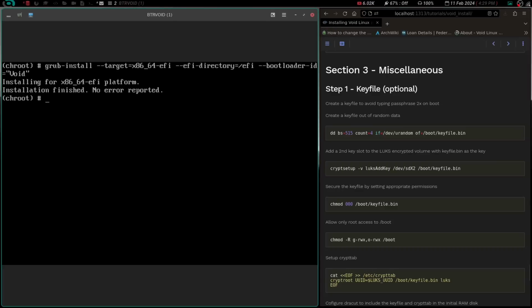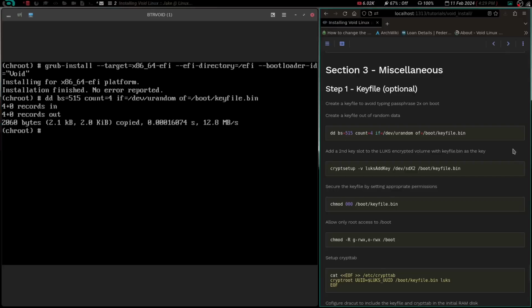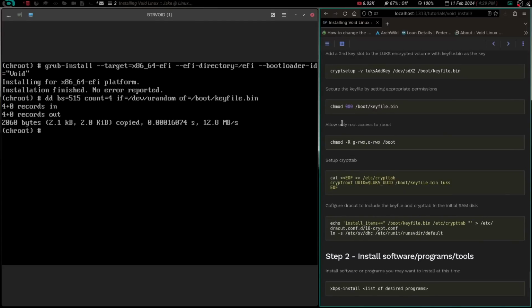So what we're going to do is dd, and we're going to do bs for block size equals 512, count equals 4, input file equals /dev/urandom, output file, not zero file, output file equals /boot/keyfile.bin, and we're going to hit enter. So we have now created that, and next we need to come over here and we need to do